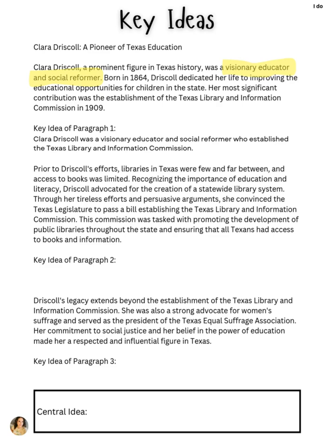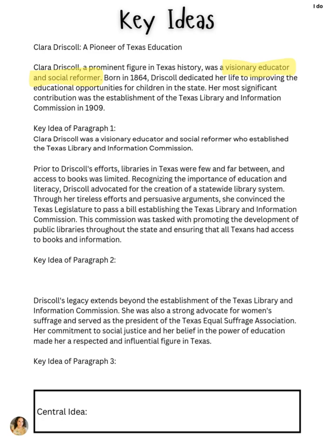to double check. Through her tireless efforts and persuasive arguments, she convinced the Texas legislature to pass a bill establishing the Texas Library and Information Commission. This is a supporting detail describing how she did it. And then the last sentence: the commission was tasked with promoting the development of public libraries throughout the state and ensuring that all Texans had access to books and information. That is also a detail that supports the idea that she was advocating for the creation of the statewide library